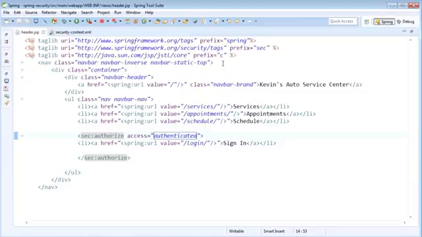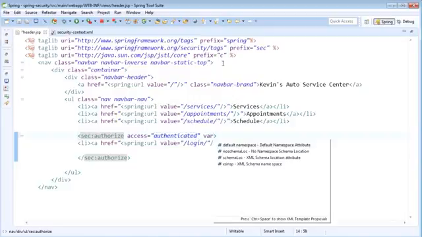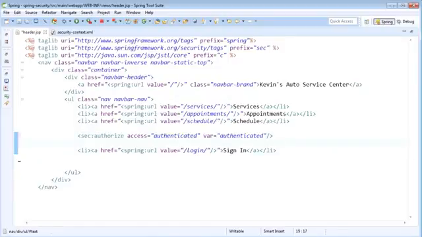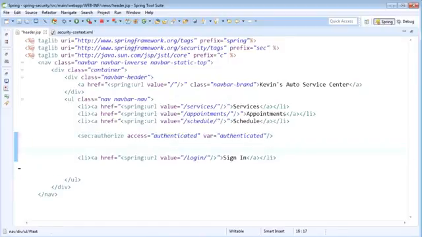But instead of just having this link be conditionally displayed within the body of our authorize tag, we're going to assign the value of this tag. So it's going to be a Boolean, true or false, whether or not they are authenticated, to a variable. And we'll just call that variable authenticated. Now that we have that variable with the authorize tag, we can then begin to use JSTL to put a